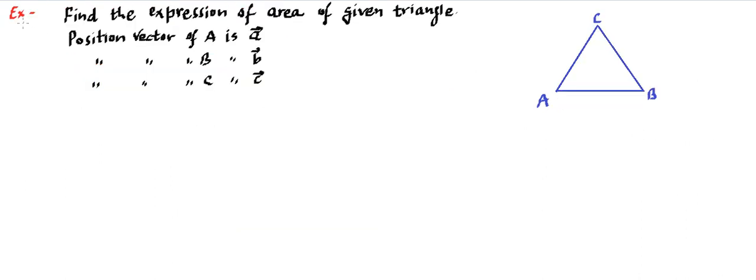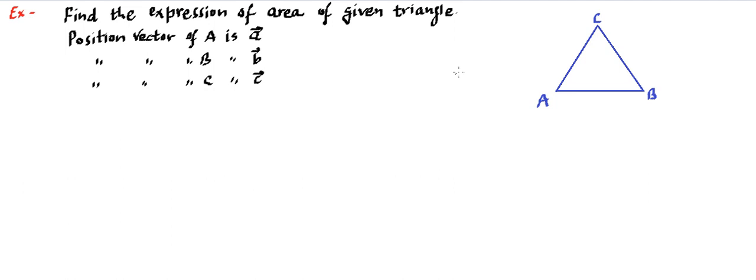Let's solve this example, and this will give us an expression as well. It says find the expression of area of given triangle. So this triangle is known to us, ABC triangle, and further things are given to us that A point has a position vector as A, B point has a position vector as B vector, C point has a position vector